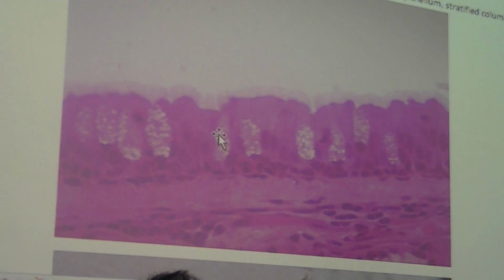And they have these cells in between. These are called goblet cells. And they secrete mucus. Where are they found? In your windpipe, trachea. This mucus that comes out of these goblet cells traps the dust particles. And then that mucus with dust particles is elevated by these cilia. It comes up. And when it comes to your throat, then you go